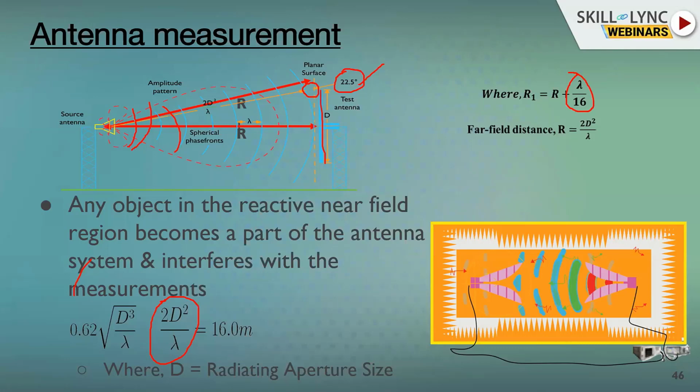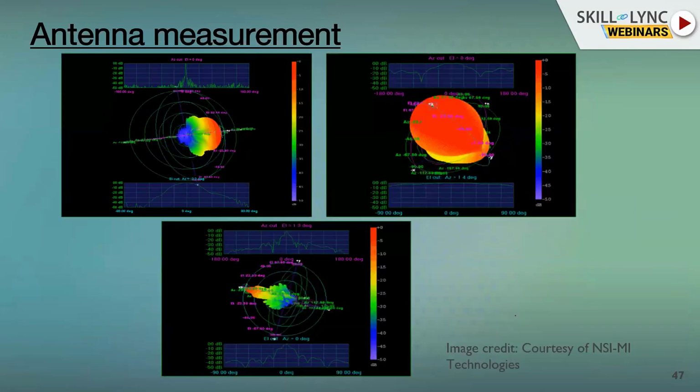So when you solve this equation, then you will get the far field distance. See, you have an R here. This is R1 actually, sorry. R1 is nothing but your R plus lambda by 16, which is your 22.5 degrees. If you apply the Pythagoras theorem and then rearrange the equation, you will get 2D square by lambda. Okay. So you can see here that this is the simulation perspective. Your spherical waves are coming up. When you are at the far field, you are getting almost a planar wave. This is how the radiation pattern will look when you measure things.